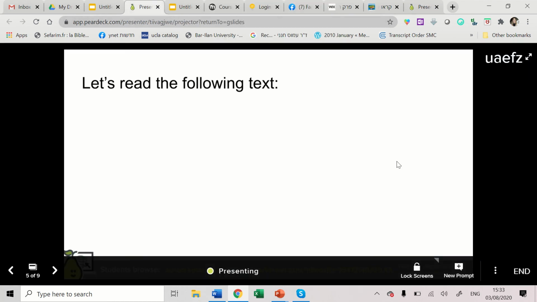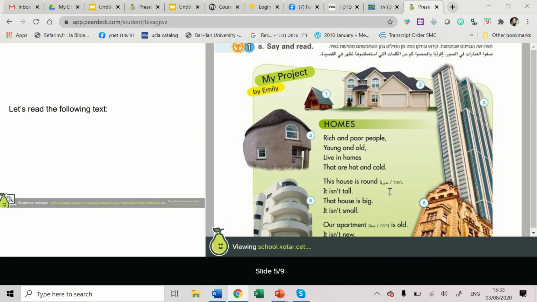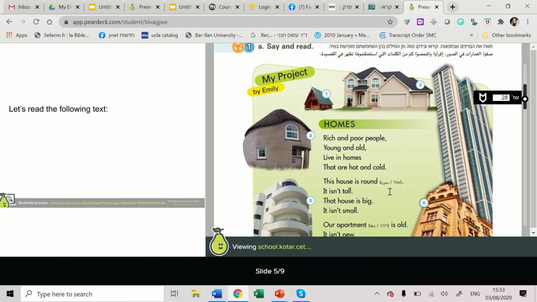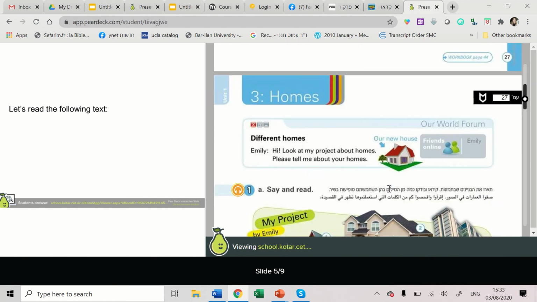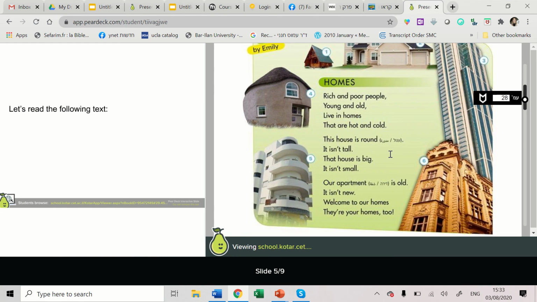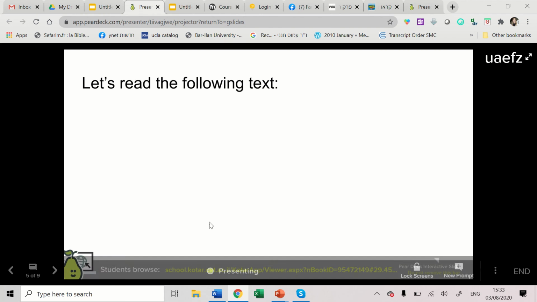Let's read the text. So see what it looks like for students. They actually get the text. Remember that we inserted the text inside from Kotar Sifrei Limud. So now I see it, and the teacher can actually read this with the students together, because they can still hear the teacher, and they can see the teacher on Zoom. So they can read together, the teacher can read and stop, they can complete a sentence, or they can read together, or every student can read a different part of the story. Next,